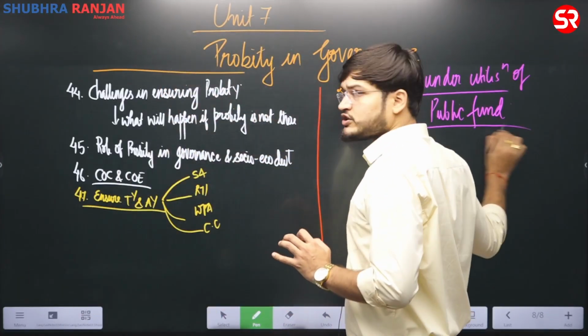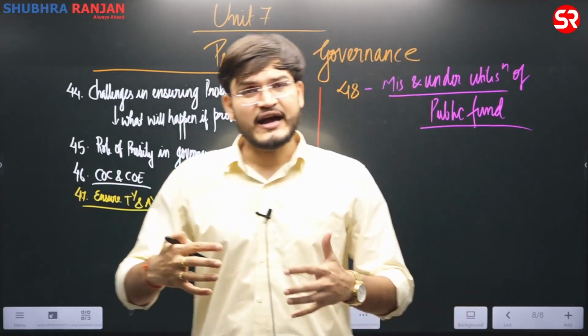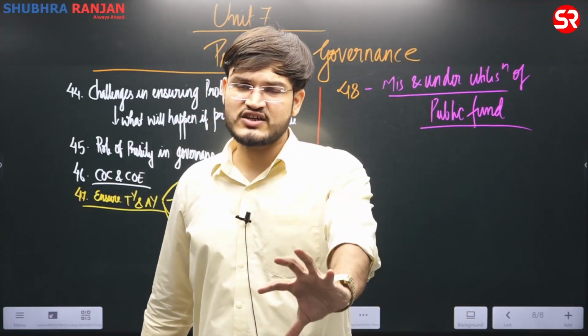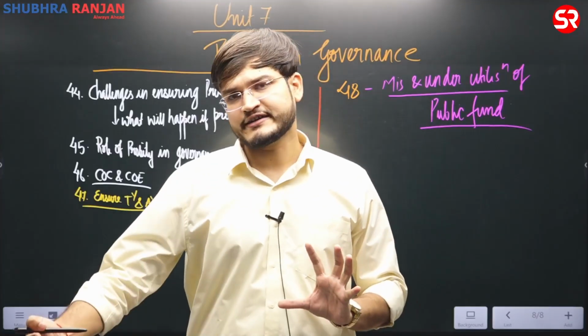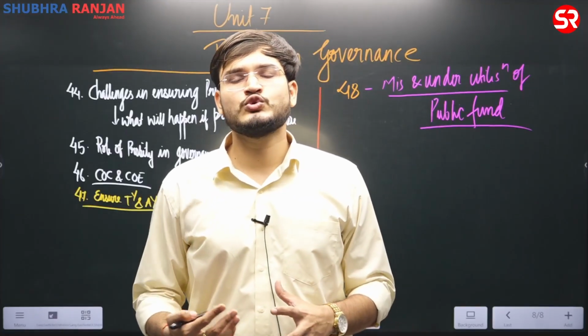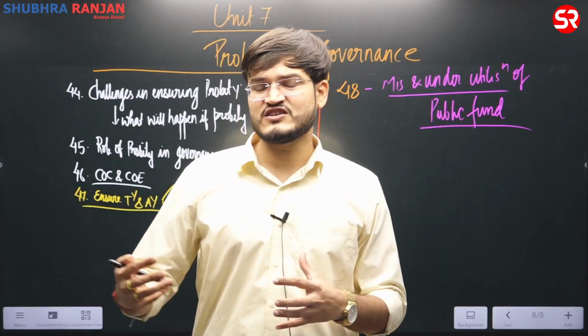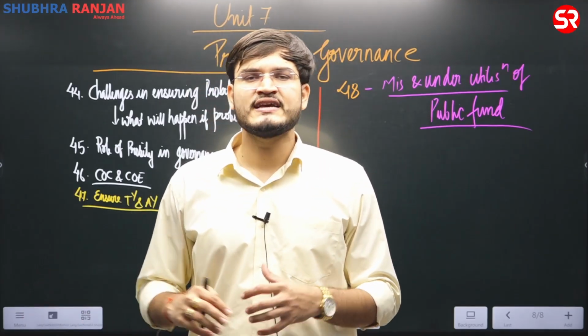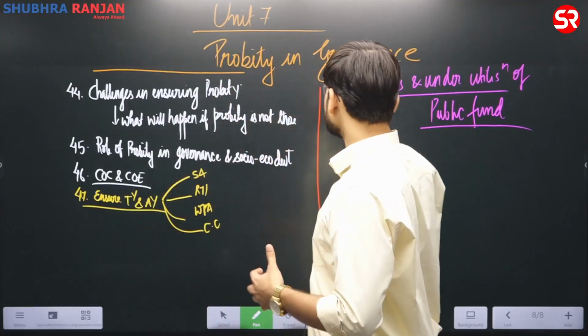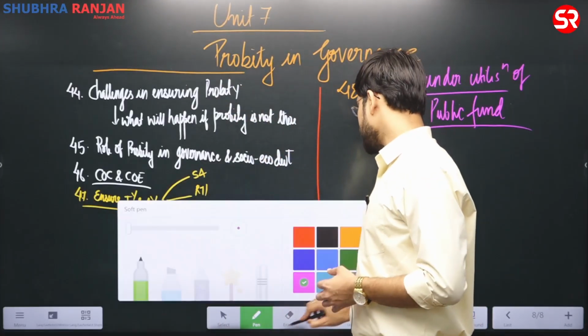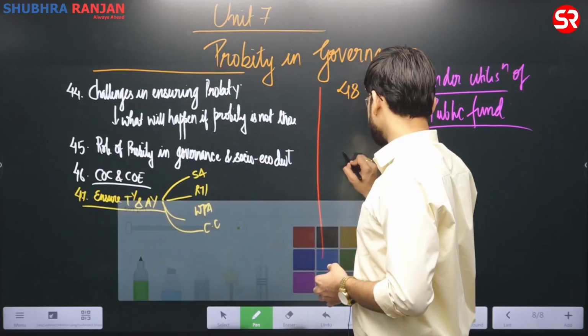the doctrine of public trust. Here people drag the introduction a lot, so do not drag too much, directly contextualize in the terms of the doctrine of public trust, or for example with respect to a doctrine of appropriateness, talk in the terms of economy, efficiency, or for example propriety, and thereby with respect to all of those aspects we'll be talking in the introduction part, and thereby justifying this particular theme.